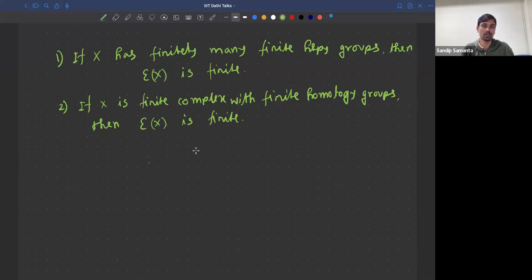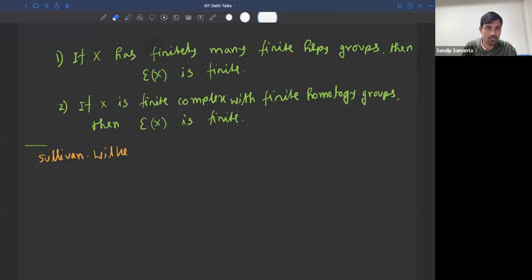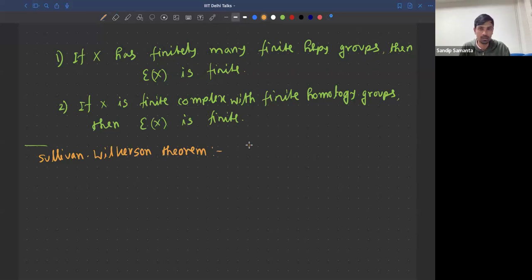of this EX space. So there is such a result by Sullivan and Wilkerson. So they generally said that whenever X is... so that's called the Sullivan Wilkerson theorem. So it says that if X is